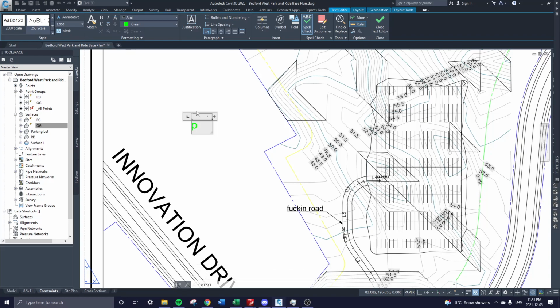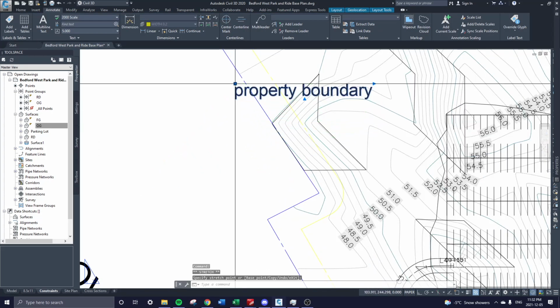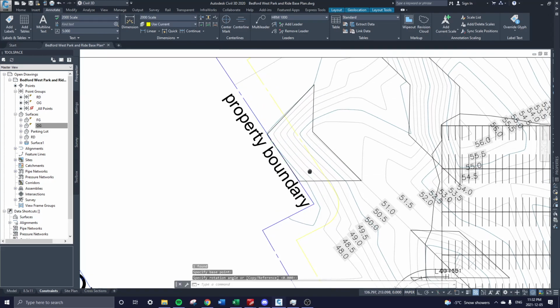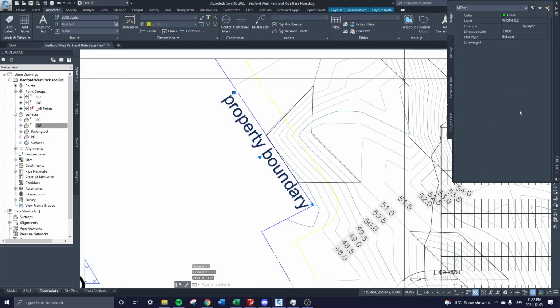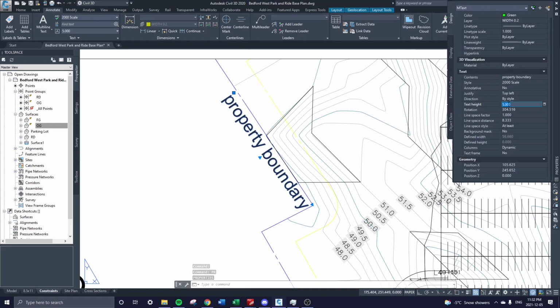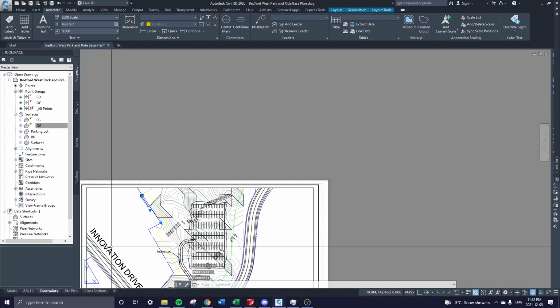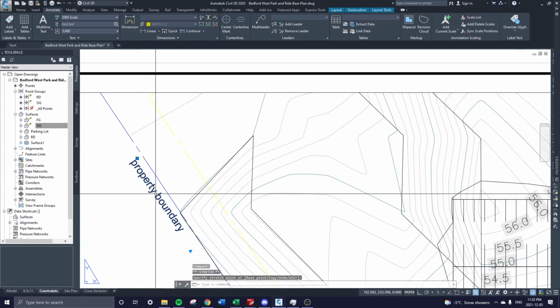So let's do like property boundary. That seems pretty important, right? So just go through the parameters that Paul wants you to use to model stuff. You can change the size of your text. If you're in the properties, it's called text height. Maybe make that 2. You probably don't need it too large, right? That's pretty big too. You could reduce the size of that. So you could do property boundary,